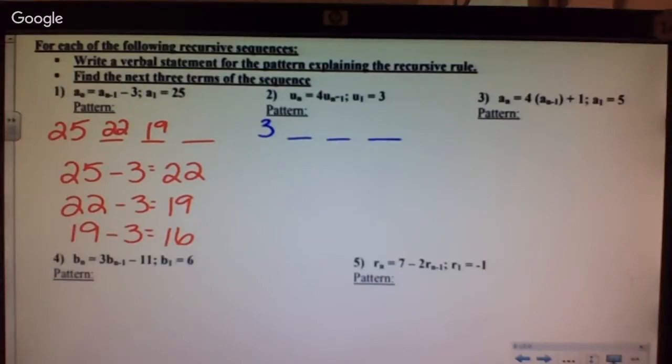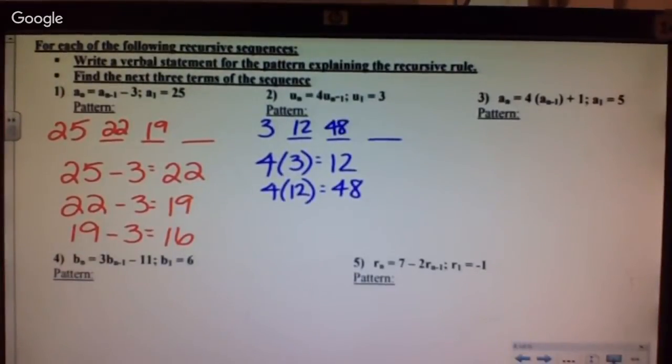All right. So for this one, it says u sub 1 is 3. So my starting number is 3. According to my equation, what's happening? What does my equation say is happening here? What am I doing? Multiply by 4. I'm multiplying my previous number by 4. So this is 4 times 3, which is 12. Then I do 4 times 12, which is 48. And 4 times 48, which is